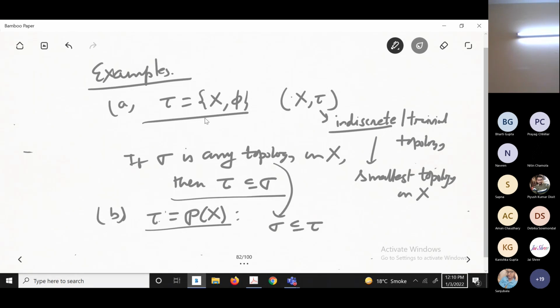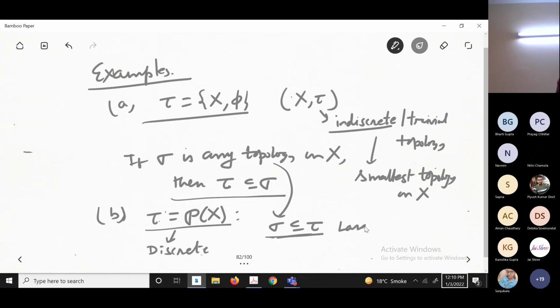This tau is just notation. Here tau is the trivial topology. Here tau is the whole thing. This is called the discrete topology. That means here every subset of X is open, everybody is an open set, whereas in the trivial topology only two open sets are there, X and the empty set. Discrete is called the largest topology